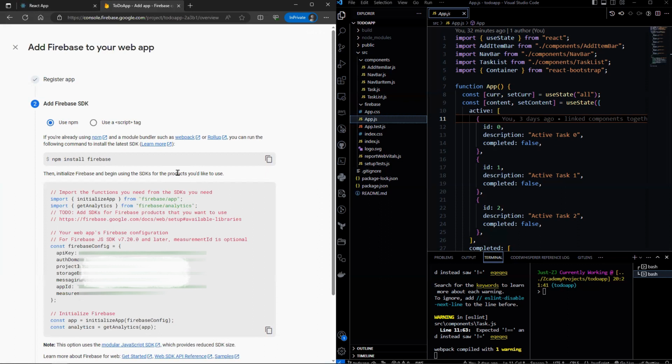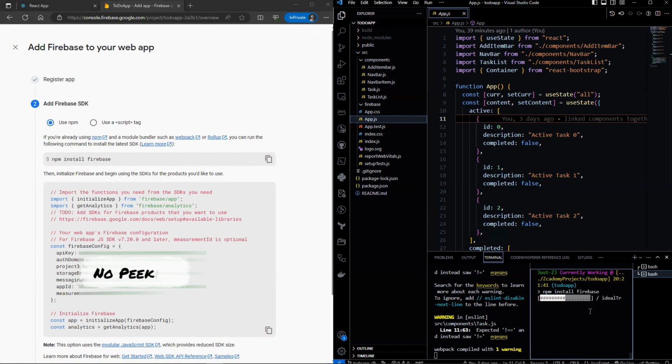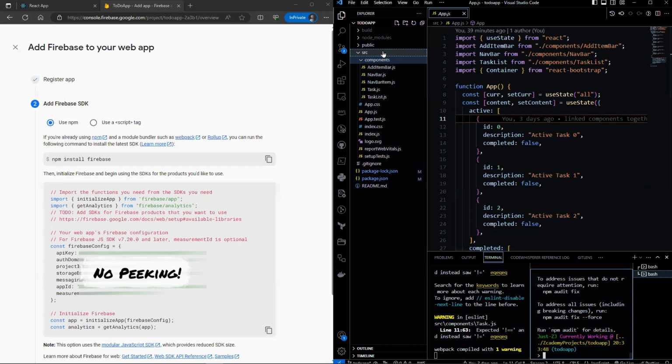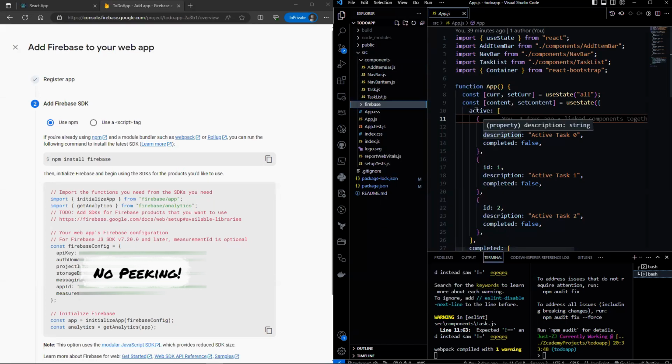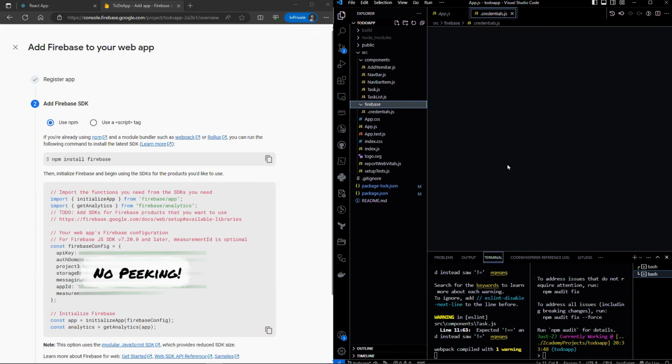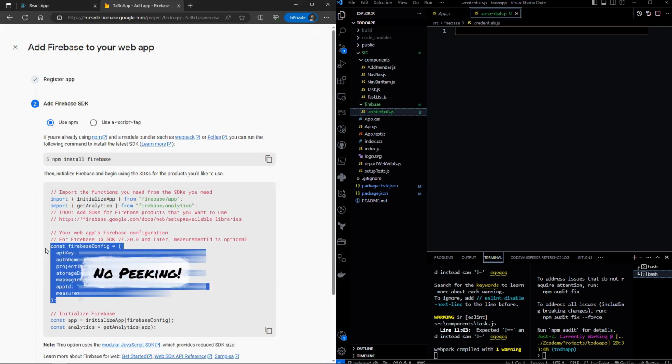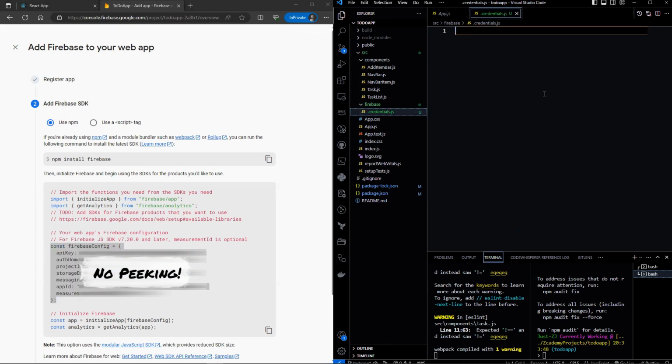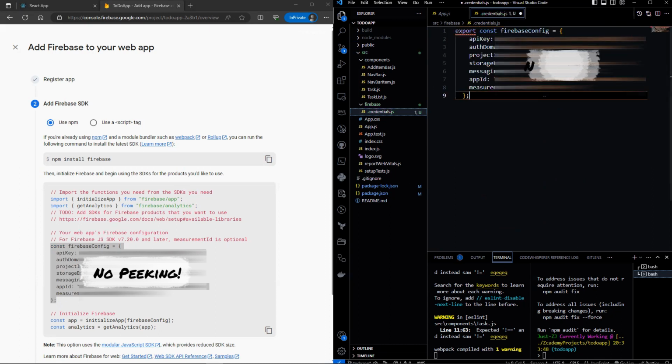Then let's follow the instructions here. Let's install Firebase into our project. Then let's create a folder under source called Firebase. In this Firebase folder, let's create a file called .credentials.js. Let's copy this Firebase config and put it in this .credentials file.